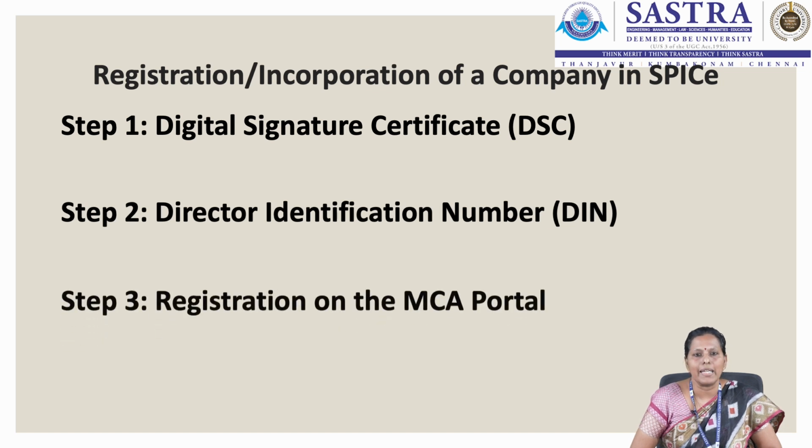So once the company registers itself on the MCA portal by getting the digital signature certificate as well as the director identification number, they have to fill in the e-MOA and the e-AOA, and there are 2 parts in this SPICe+. One is part A and another is part B. In part A, the company first should